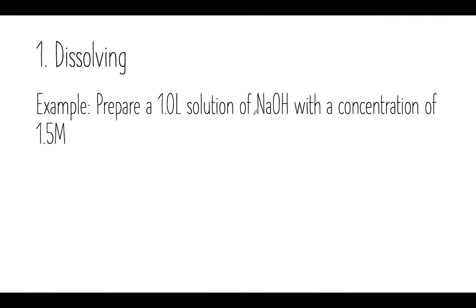Instead, we know that we want to have the solution of NaOH, and NaOH starts off as a solid. So the question you're really asking yourself is, how much of this solid do I need to use in order to get this particular volume and this particular concentration? So the answer to that is we have to start off by finding the moles. How many moles are going to be there when I make this solution? So if I have 1.5 moles per liter of NaOH,